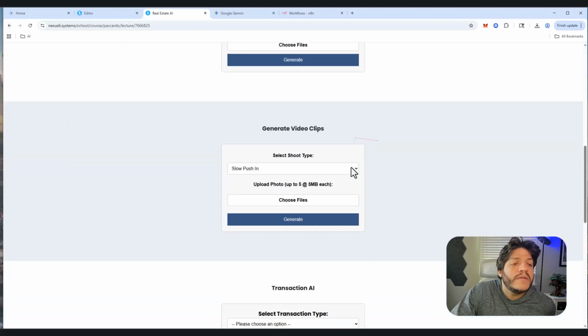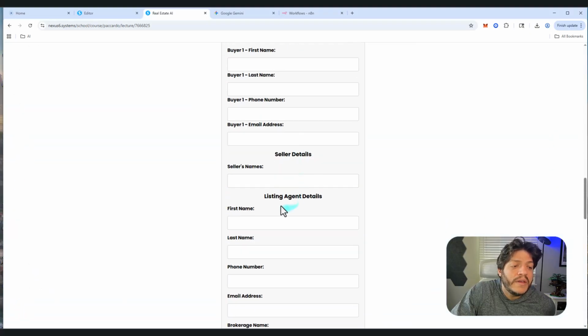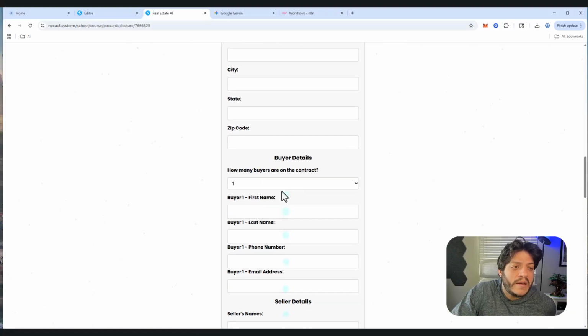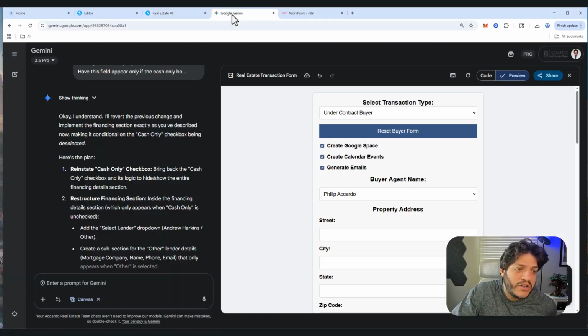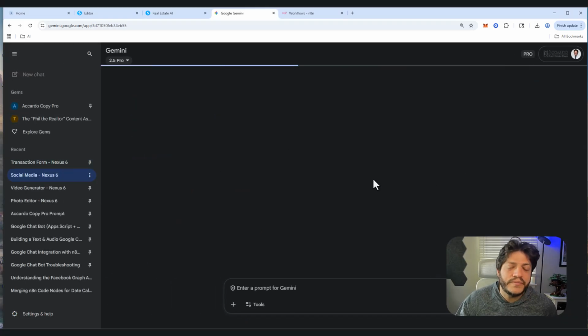And this was all built with Gemini. All these forms were built with Gemini. And to give you an idea, let me go to my Gemini. Here's the real estate transaction AI form. So this interfaces with my transaction manager AI. And then I built these other ones out. So this is the social media poster that I built,